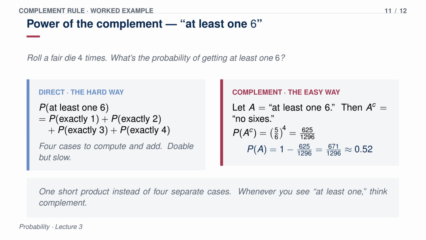Suppose we roll a fair die 4 times in a row. We want to find the probability of getting at least one 6 somewhere in those 4 rolls. Think about what it takes to solve that the direct way. You have to break the problem into distinct cases. You have to calculate the probability of rolling exactly one 6, then exactly 2 sixes, then exactly 3, then exactly 4. And once you have the math for all 4 of those separate cases, you have to sum them together. That is an incredible amount of tedious calculation, and honestly, a lot of places to make a simple arithmetic mistake.